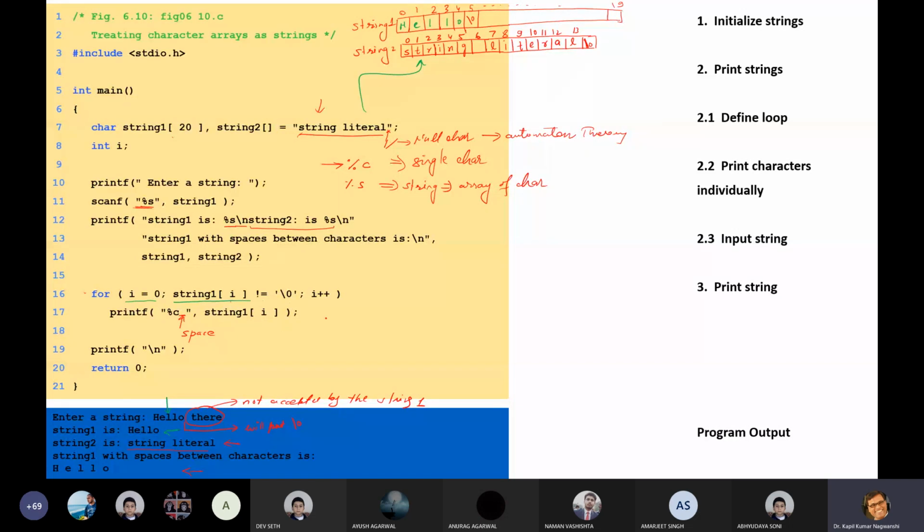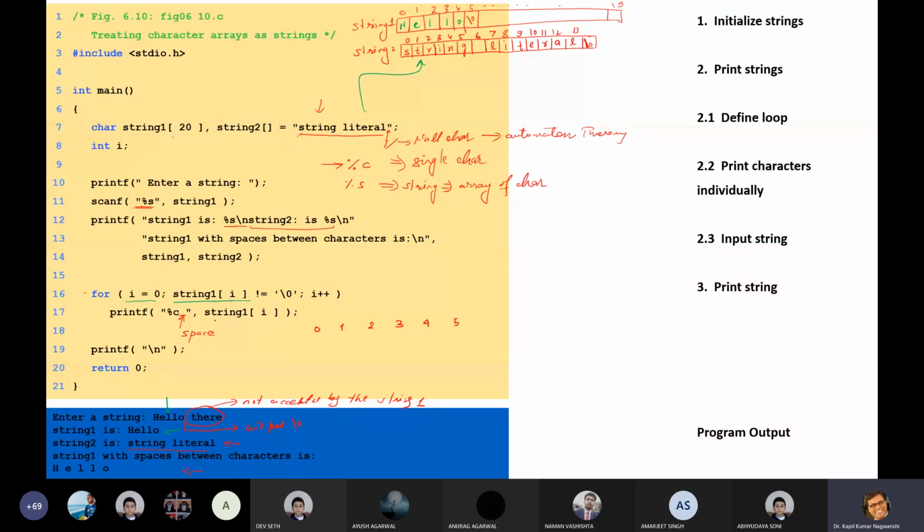So this execution is like this. For loop will run from i equals 0 to 0, 1, 2, 3, 4, and 5, because the fifth one is the \0.